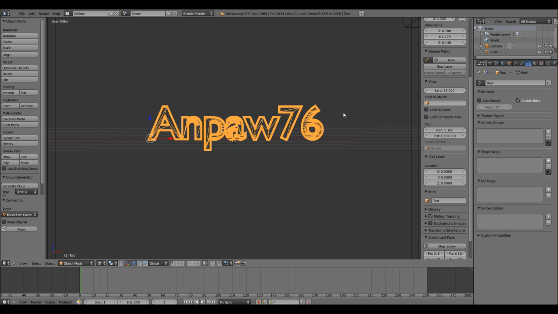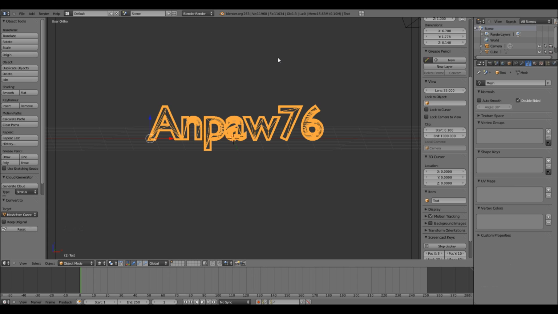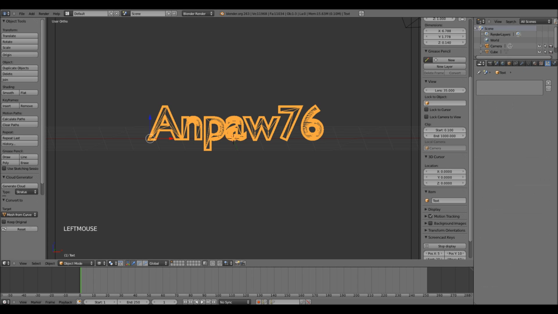right now I can press Alt Control Z to revert it, but at a later stage it's not possible to edit the text which is converted to a mesh, so you would have to delete the text and start again. Okay, since I reverted the change, Alt C again to convert it to a mesh, and let's move to the particle section